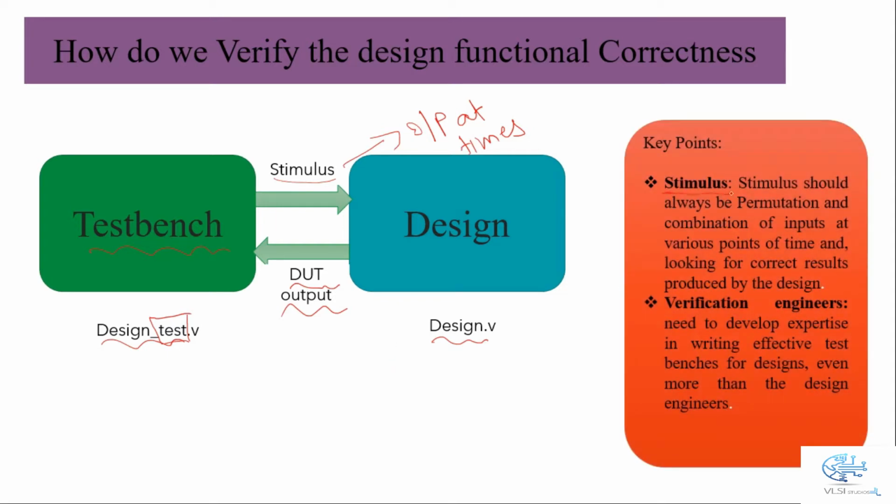As we already know, a stimuli is just a permutation and combination of the input, and we're going to check it. The second thing is the verification engineers, they will play a lot with the test bench, and to verify our design they have to write an effective test bench. Generally in the industry the test benches are defined using SystemVerilog, UVM or the OVM platform. It depends on the language they have been working on, but in our course we're going to go through the Verilog test bench. So to understand it better, let's look at an example of an AND gate.